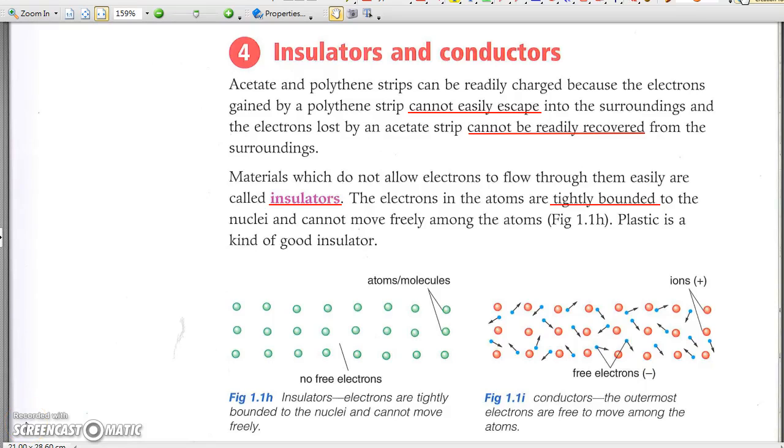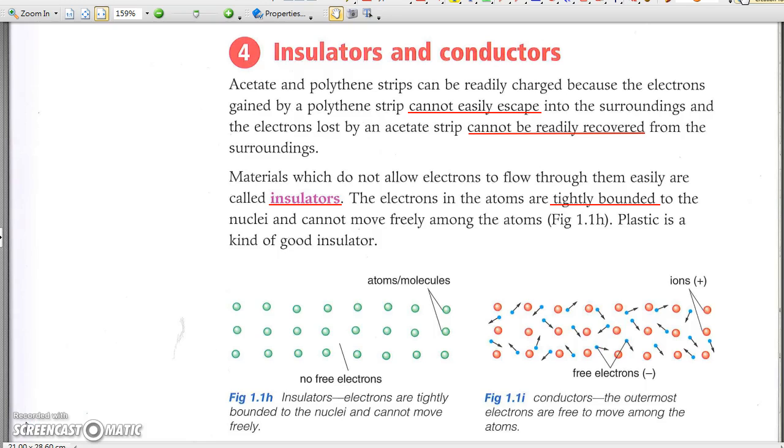Part 4. Insulators and conductors. Acetate and polyethylene are insulators. When they gain or lose electrons, it is not easy to recover instantly from the surroundings, as charges on insulators